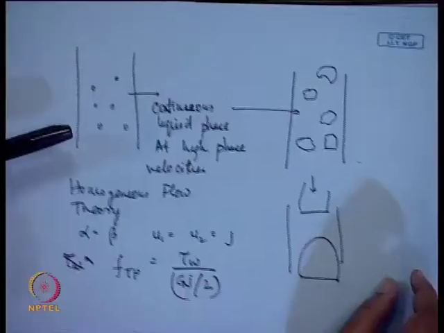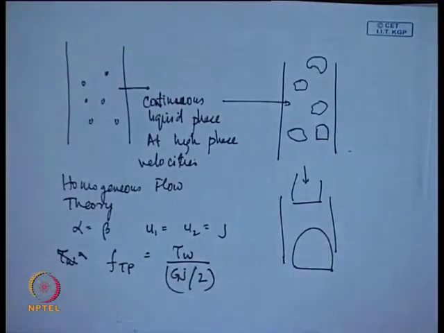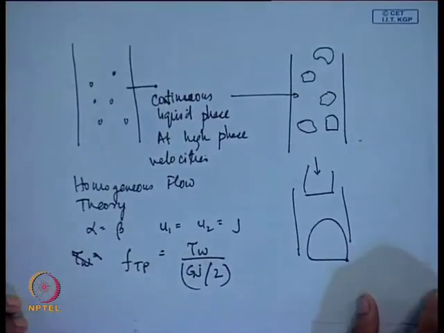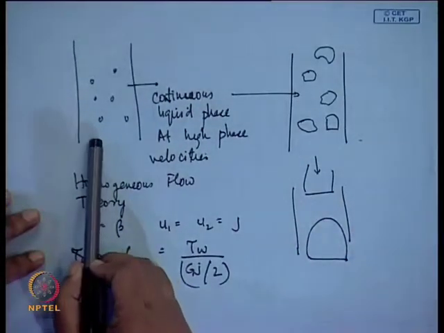One is at high phase velocities, where we can use the homogeneous flow model. This is applicable when the liquid flows at a high velocity and the bubble is dispersed as very fine dispersions in the liquid phase, just as I have shown in the first figure here in this particular case. Now, as we come down to lower and lower phase velocities, naturally the bubble sizes increase.